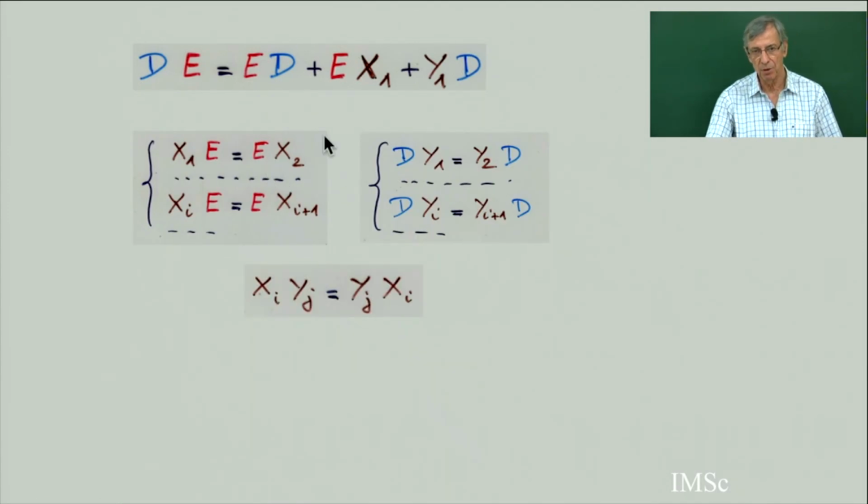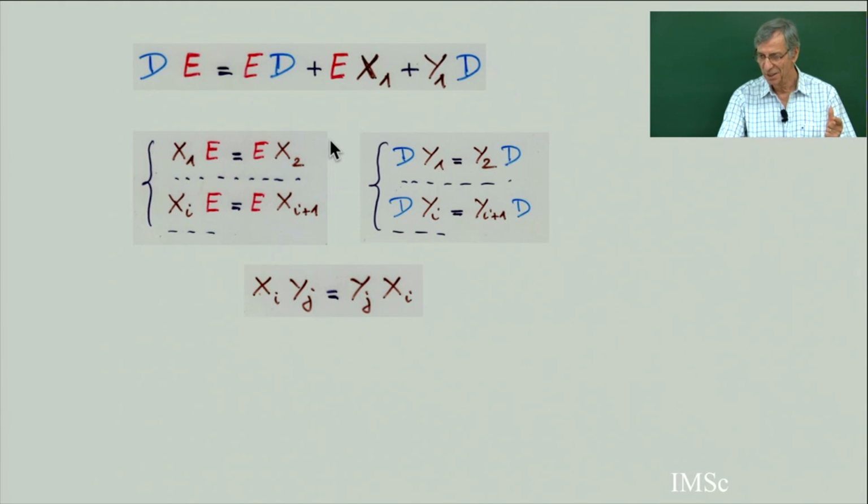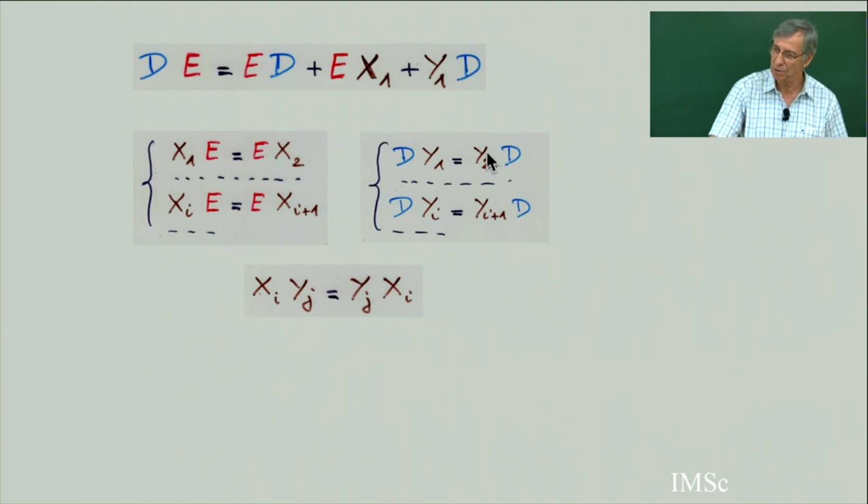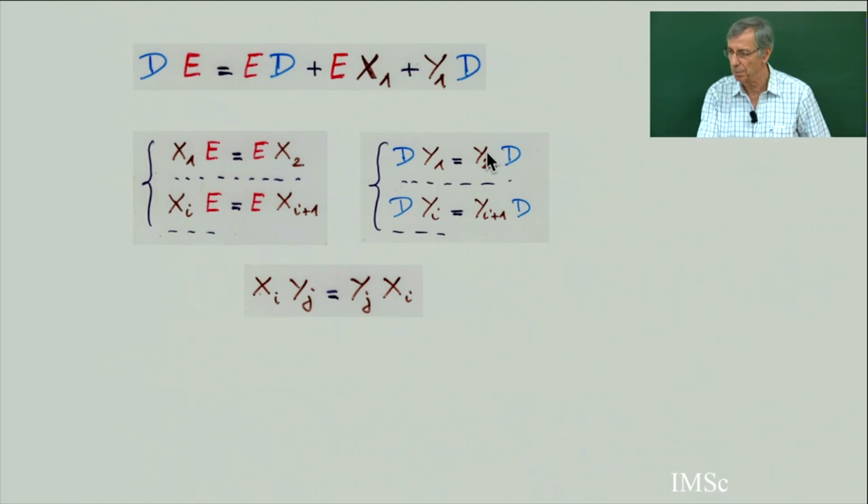See, each term appears only once. So if you get a term, then you know where it comes from. If it appears twice, then you should put a label, you should put a Q tableau. But if it appears only once, then you don't need to put any label on the tableau. You can go back in a reverse way, from southwest to northeast, and you can reconstruct completely the Q tableau.